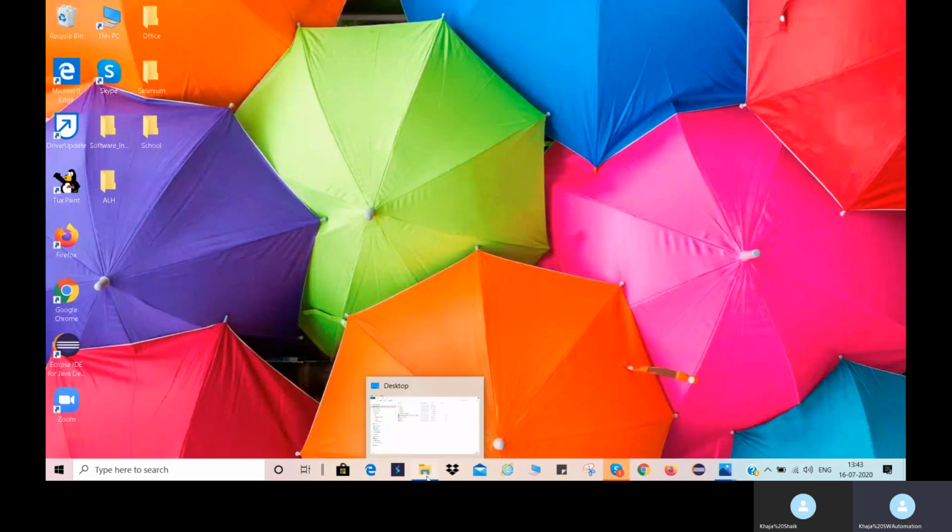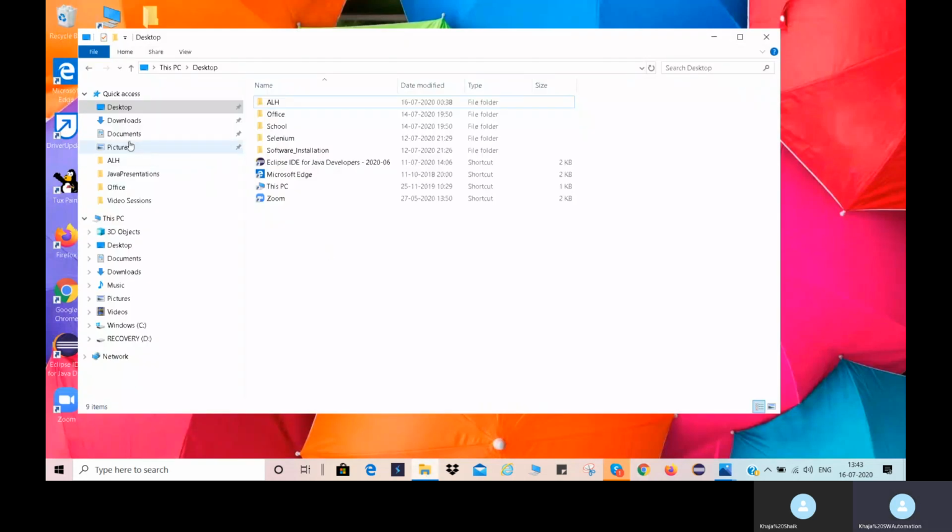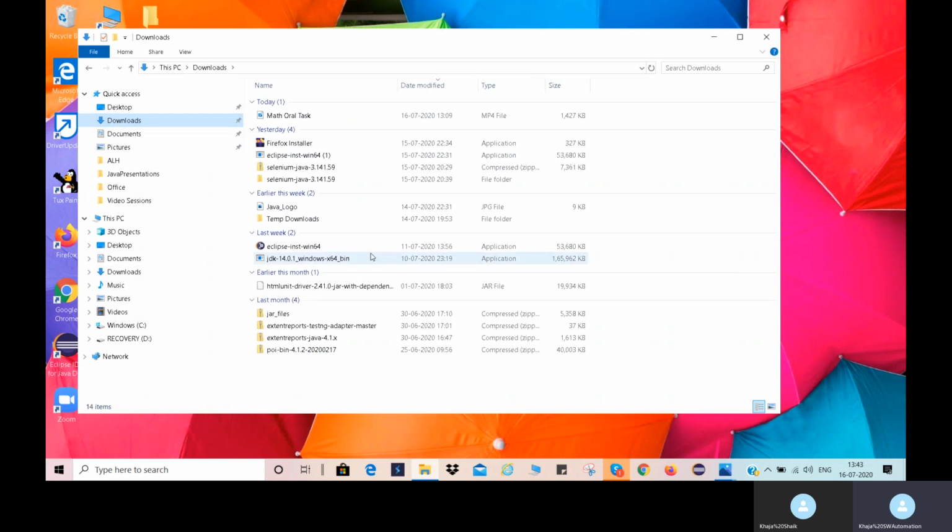So now go to the downloads folder where your Java software has downloaded. Double click on this exe file. It will start the installation process.